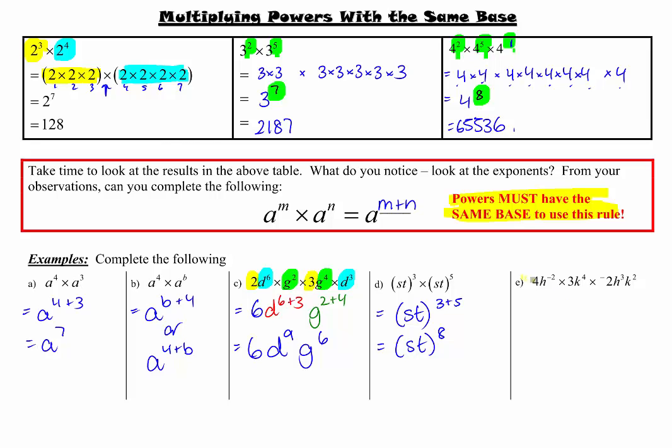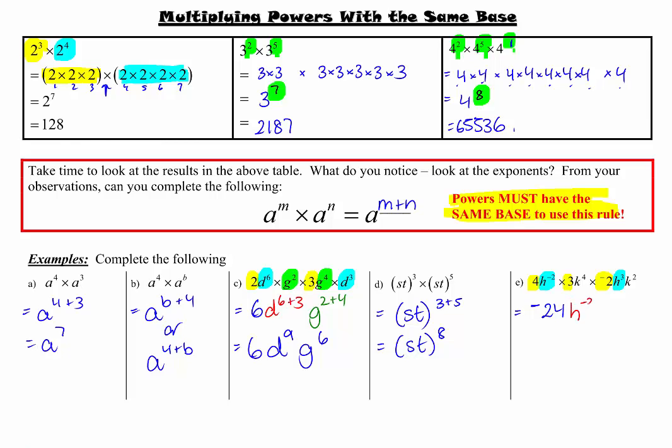Okay, with the next one, we've got 4 times 3 times negative 2. We only have one negative, so I know my answer is going to be negative. 4 times 3 is 12. 12 times 2 is 24. So just like in algebra, we collect like terms. So we look at our numbers first. H squared and h cubed